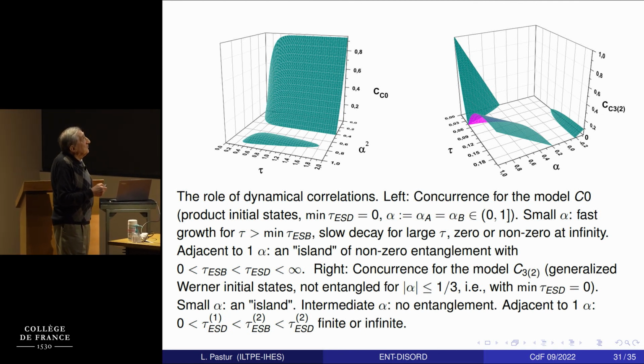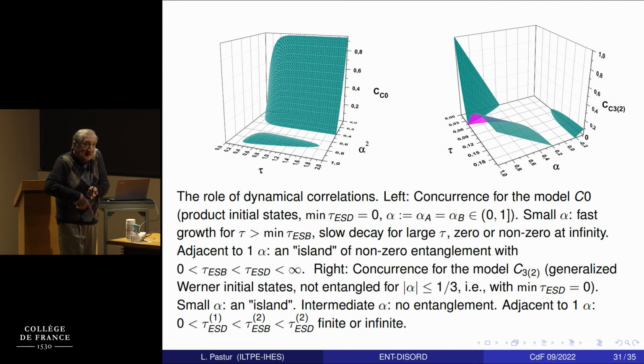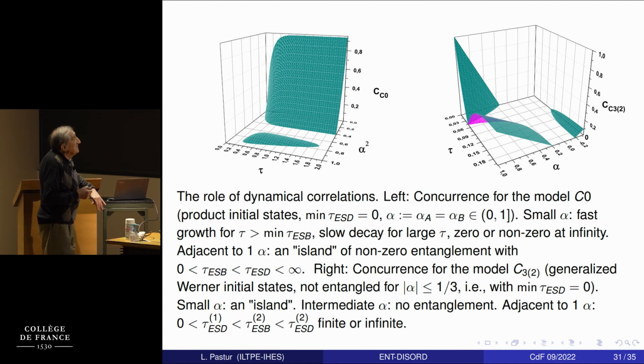You start to evolve, there is no entanglement, but since the qubits interact via a common environment, they feel one another, and eventually there is entanglement. There are different cases. In that case they are dead here, there is a birth here, and then they are dead again. Here you have a bit different situation. They lived